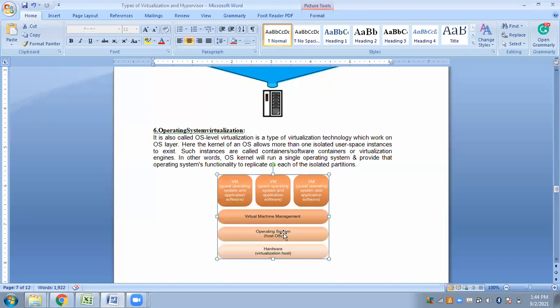So in single words, the OS kernel runs a single operating system. यहाँ पे एक ही operating system है kernel में, ठीक है, but that operating system has been partitioned into many blocks. We have created multiple partitions of the operating system, and then we have fed it to the different virtual machines which are deployed on top of that system. Clear? This is what operating system virtualization is. And the other name for type 2 hypervisor is operating system virtualization.